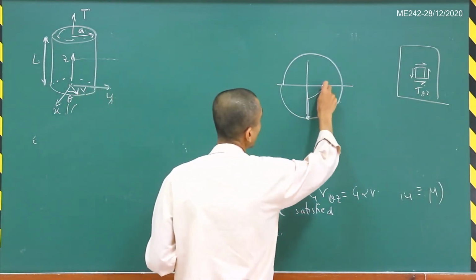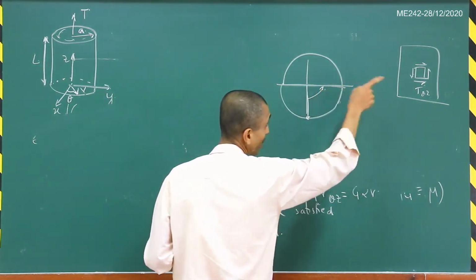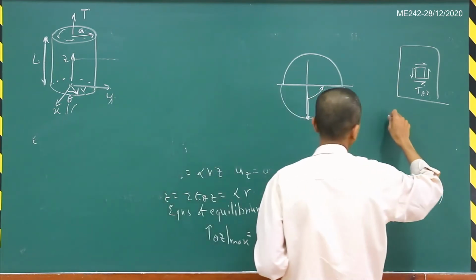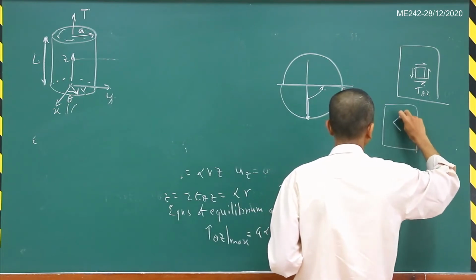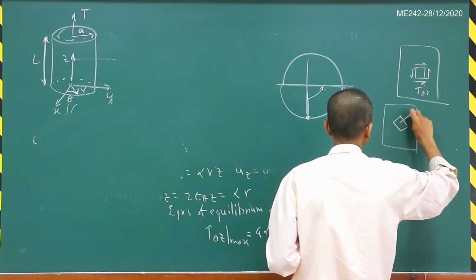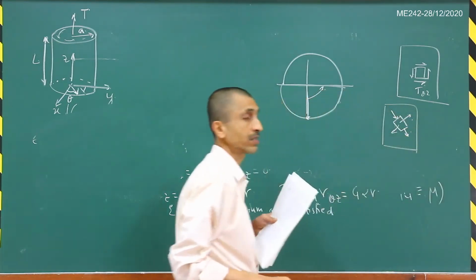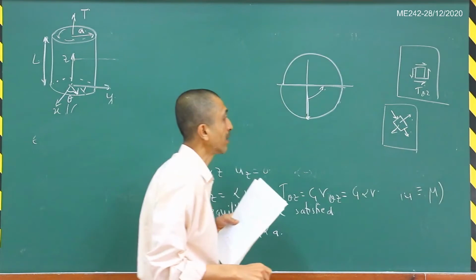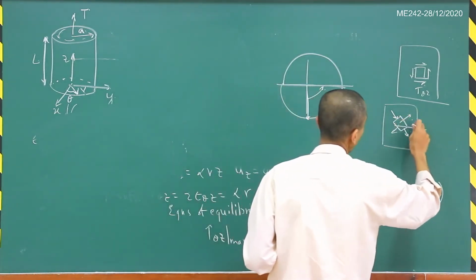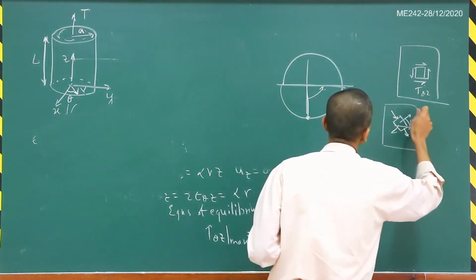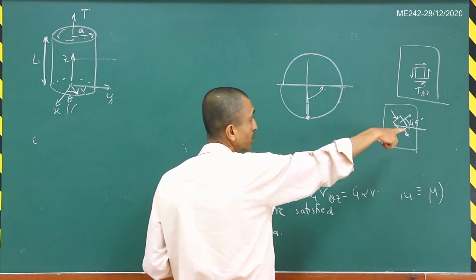So if you go 90 degrees on the Mohr circle, that will be 45 degrees in the actual space there, right? So if I again draw this particular element here, you will get a tensile and a compressive stress in this particular way. And these are now the principal stresses at 45 degrees. So this is inclined at 45 degrees because it is 90 degrees on the Mohr circle, it is 45 degrees in the actual space here.